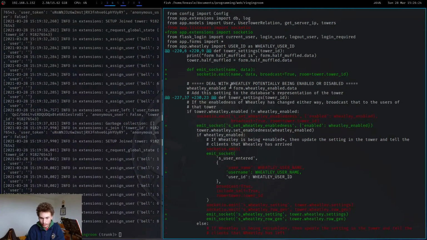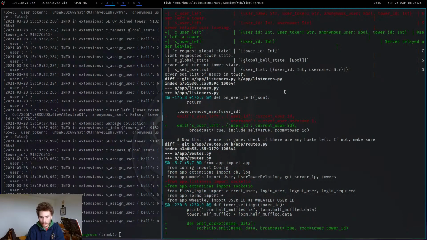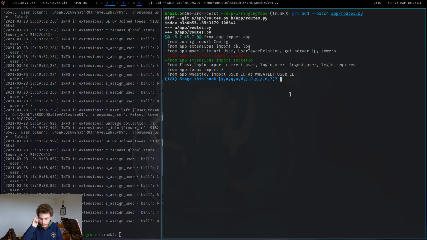So the socket emit. So basically it's only roots.py that is the issue for that. So we can git add patch app roots. And this will ask us